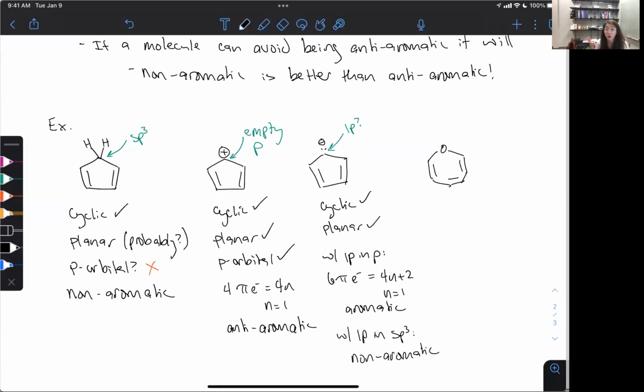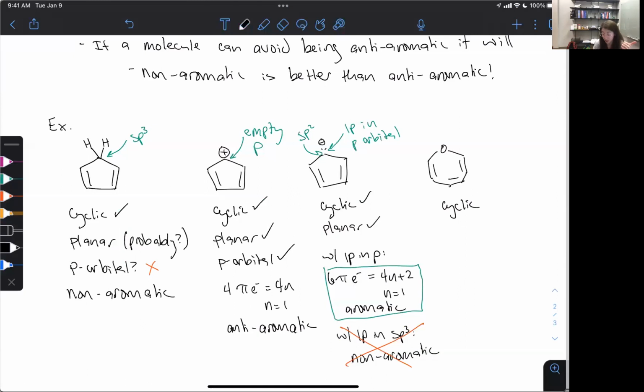Okay, so out of the two options here, we're going to pick the lowest energy. So we're going to pick that guy, and this doesn't happen. So the lone pair is in a p orbital, and the carbon is sp2. So that we've got a p orbital in every atom, we've got 6 pi electrons, and that's all making it so that that whole thing can be aromatic. So let's look at the next example, and we'll be able to put this to practice again.